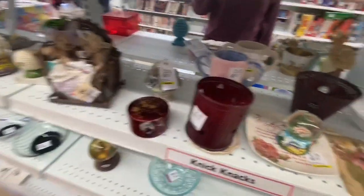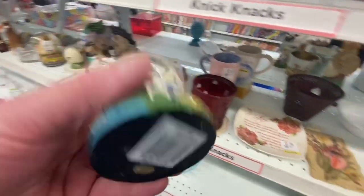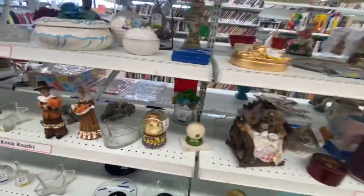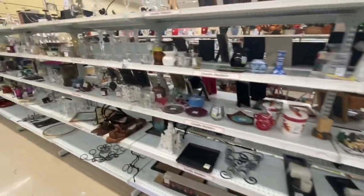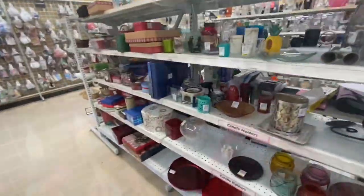Here's another snow globe. It got me in the snow globe mood. Decided to take a second look because there is a football player that appears to be an Ohio State Buckeye, but unfortunately it's not official Ohio State merchandise, so I didn't buy it. If it were, I would have bought it and I would have sold it and made some money. Going to take a gander on this other side as well, see if there's anything I overlooked, and there probably was, but there was nothing that caught my eye, so I decided to move on to my favorite section, the